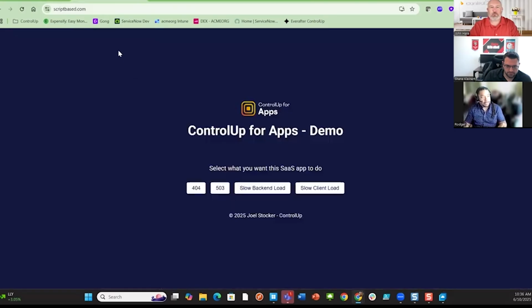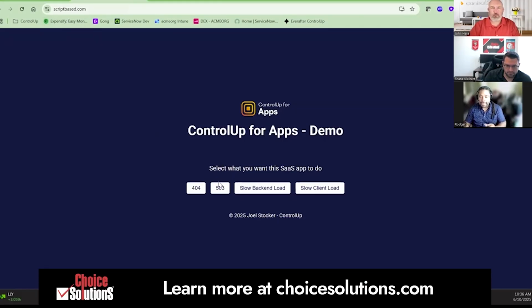This is just a test site, but the story behind this is what's important because as IT administrators, we may not own the SaaS solution they're going to. I'll use Salesforce, for example. You know, Choice uses it, we use it.